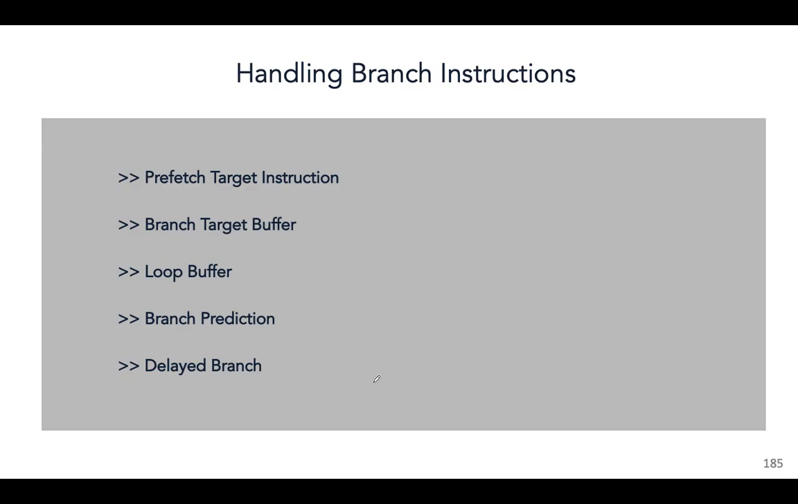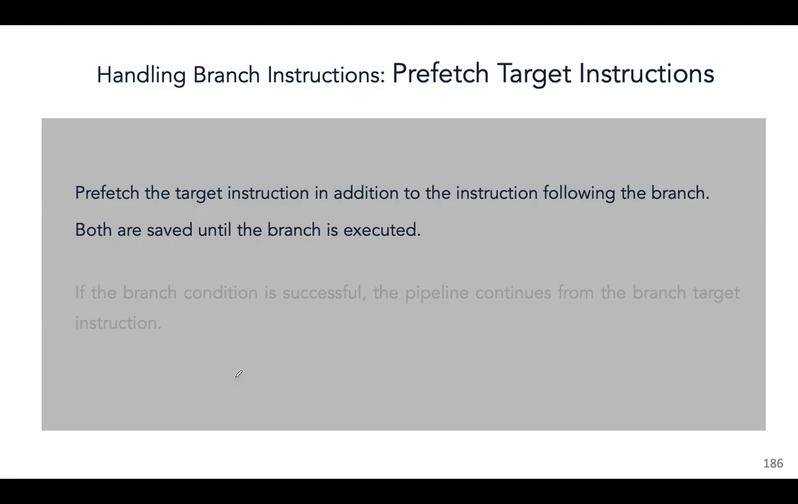Alright, now there are several methods of handling these issues caused by branch, jump and call instructions. These are prefetch target instruction, branch target buffer, loop buffer, branch prediction and delayed branch. So we'll quickly take a look at each of them one by one. Let's first start with prefetch target instruction, and as you can guess from the name itself, prefetch target instruction. So what happens is, in this case,